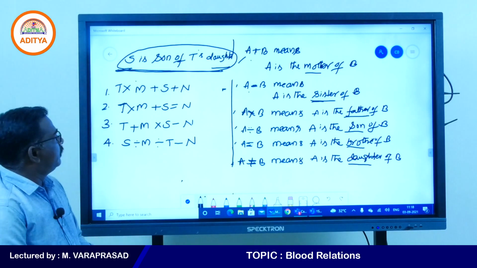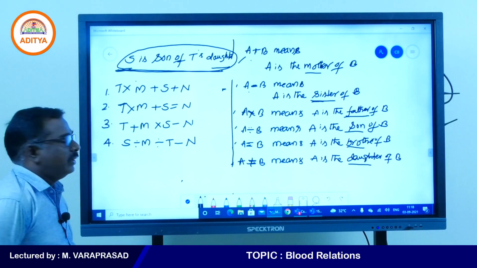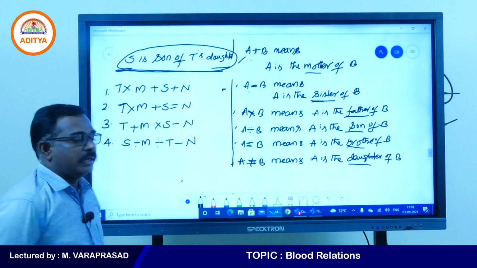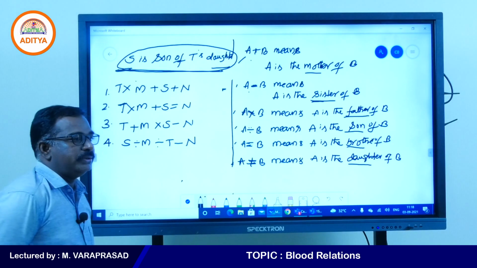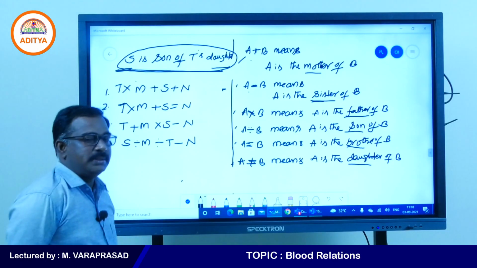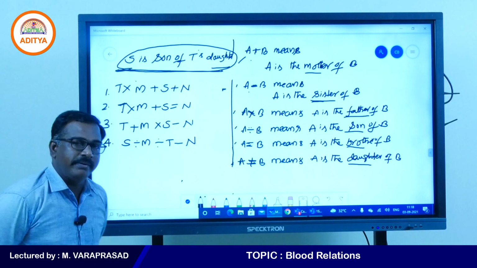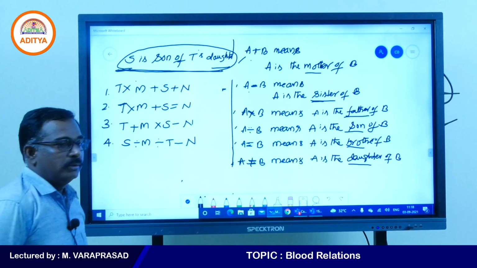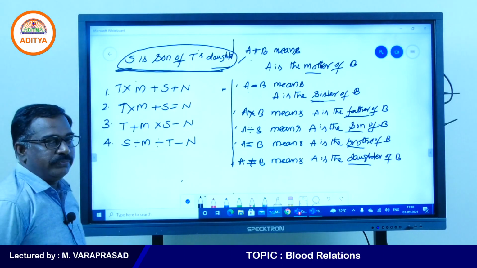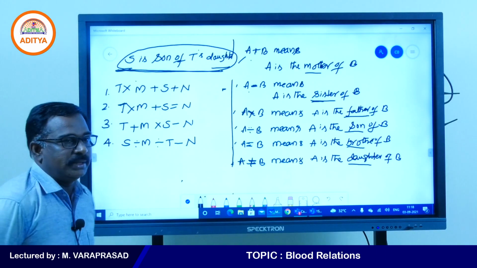Which relation gives the answer? Option number 1 you need to check, it's not giving, go for option number 2, it's not giving, go for option number 3, it's not giving, the last one will give. You need to check every option. That is the main problem in these model questions. You need to check every answer. Of course, if you get the first option, you are a very lucky fellow. No need to waste the time.